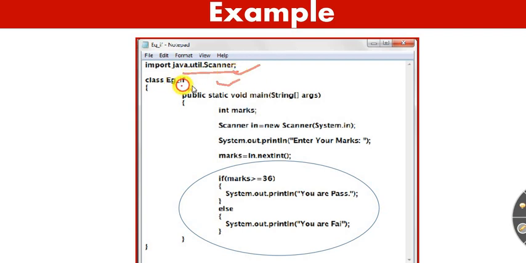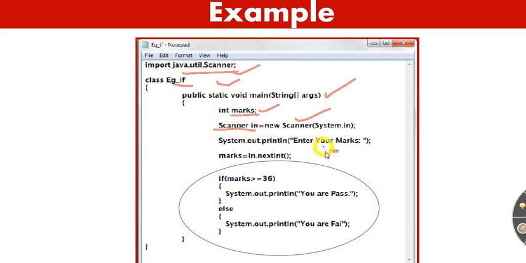Then we have named a class, you can give anything. Then public static void main String args, which is the general syntax for Java. Then we have taken an int variable called marks, and after that Scanner in is equal to new Scanner. That is, we have created an object, because in object-oriented programming we have to deal with objects as well as classes. So Scanner is a class and in is an object.